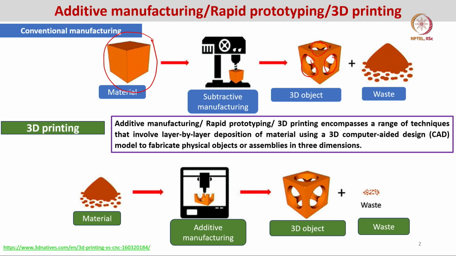A cube has 6 faces, right? So, on the 6 faces you would like to make 6 holes. So, what you have to do, you drill a hole in one face, then you turn the cube to make the other face towards the drilling machine, then you start drilling, then you turn it to the other sides, and so on and so forth. So, you get the 6 drills, and in the process you get a lot of waste of the material because it is being drilled.